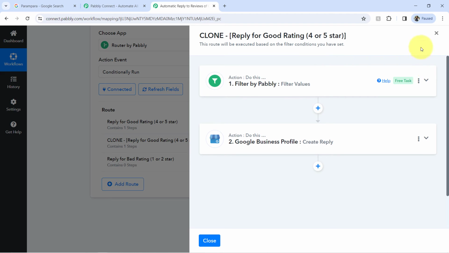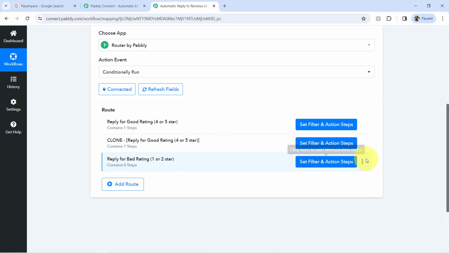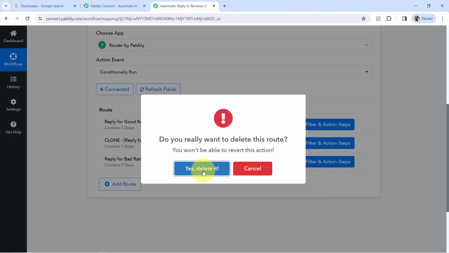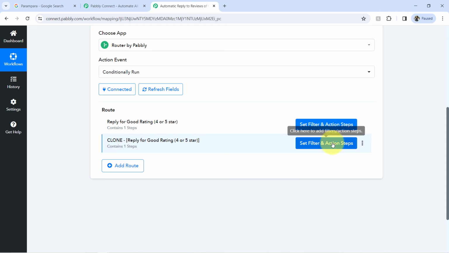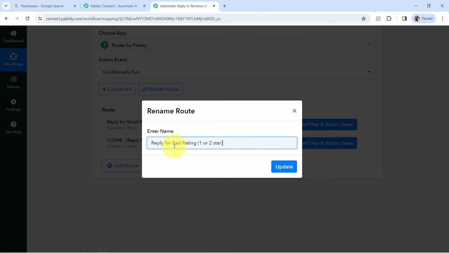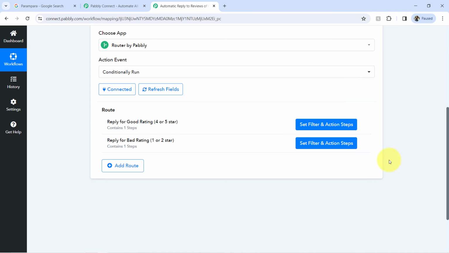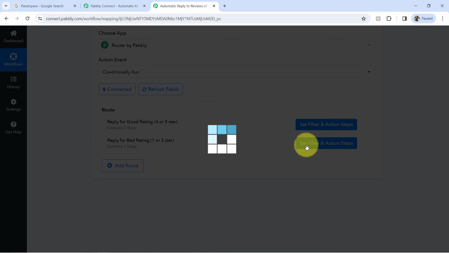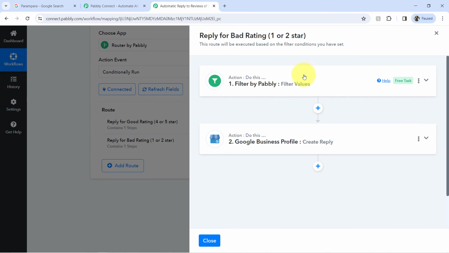You just need to change the values. Okay, so how about I first remove this extra router step? Give me a second, let me delete this one, and now I am going to rename this cloned step. Clicking on this 3 dot and let me paste the same, that is reply for bad rating 1 or 2 star. Clicking on update, clicking on the set filter and action step,